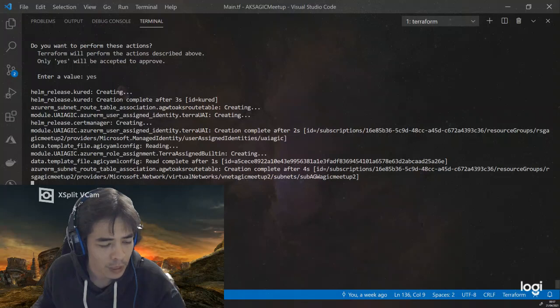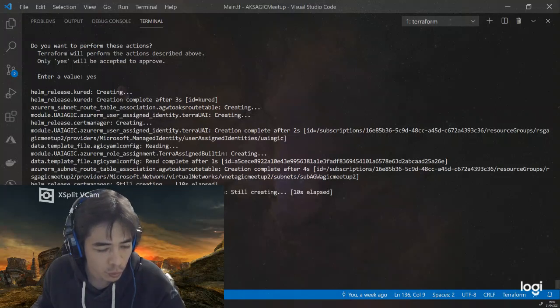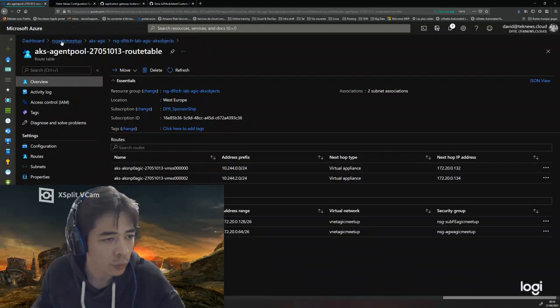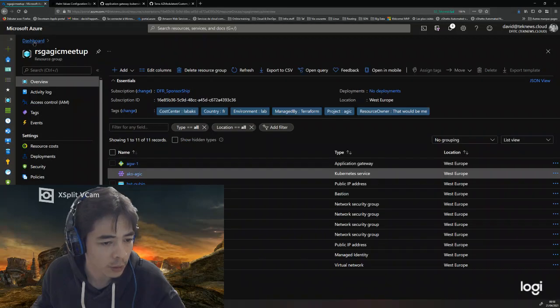And then we will be able to compare the two deployments. And with that, we will have two AGIC deployments, one done by Azure and one done by the open source tooling that is available in the open source community. Why am I doing that? Let's switch back to our environment and specifically to my dashboard.